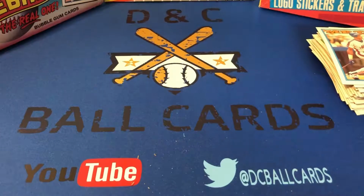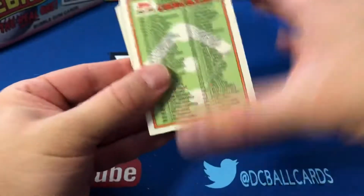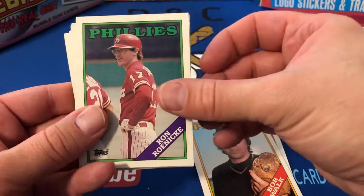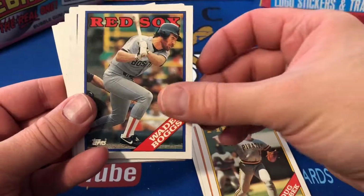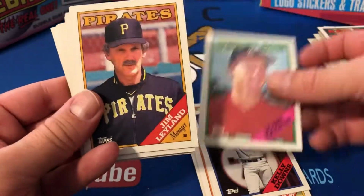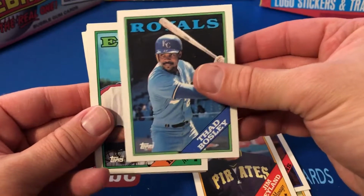All right. So I would still like to get a Nolan Ryan base card. I don't think we've pulled that yet. We did get a Nolan Ryan turn back the clock card. George Brett card would be nice. Lee Lacy, Doug Treback. There's another Wade Boggs card. Kelly Downs, Bobby Thigpen. There's Jim Leland. Thad Bosley,